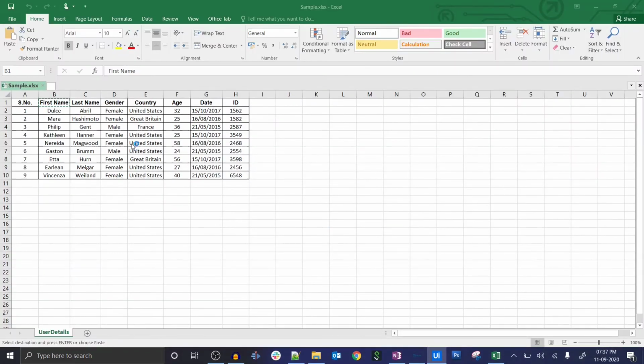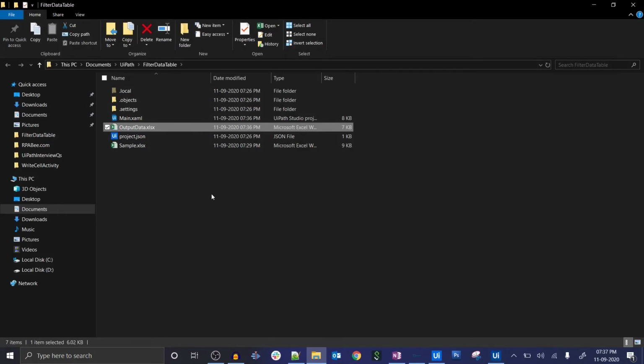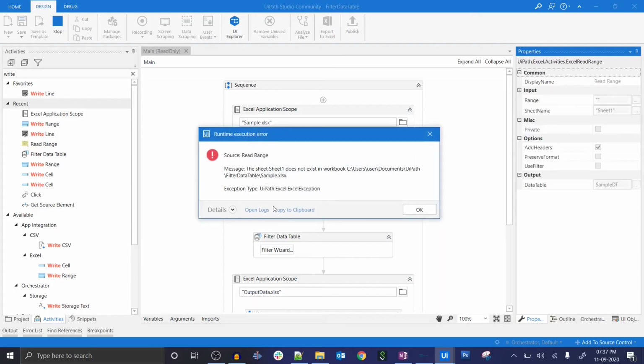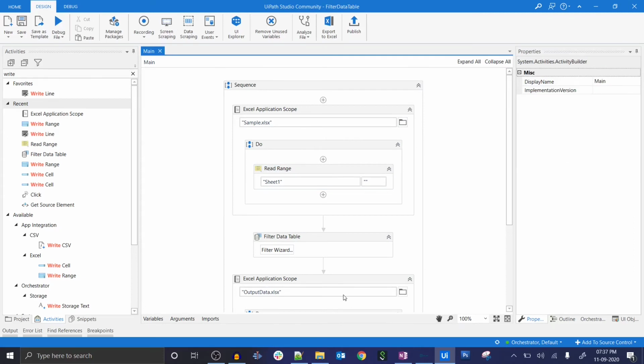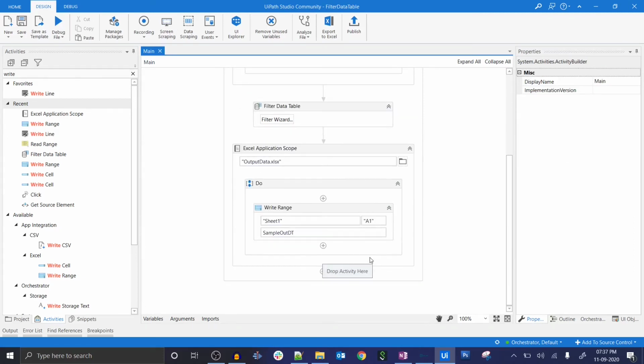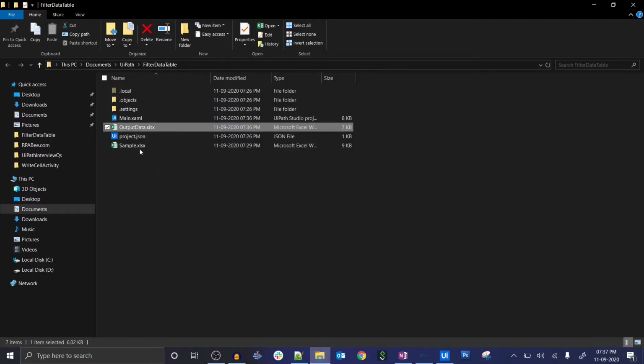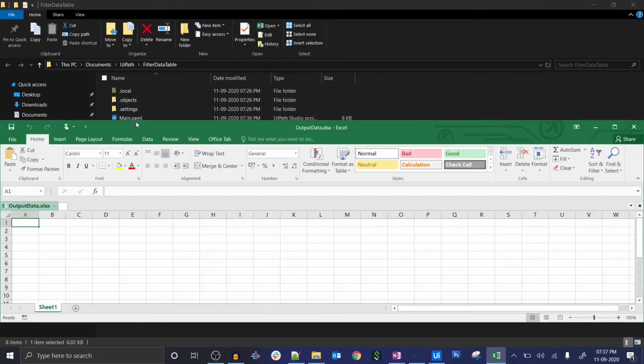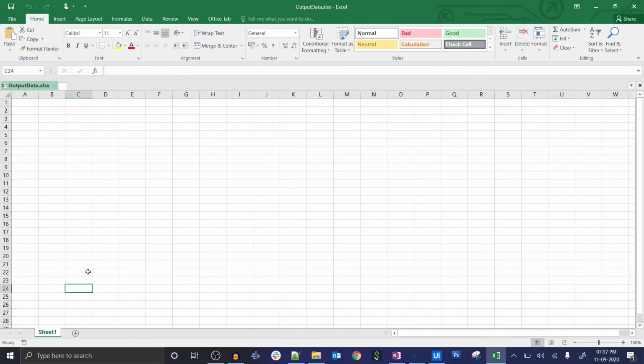So let's run the workflow. What error is thrown? Sheet1 does not exist in this file. Okay.